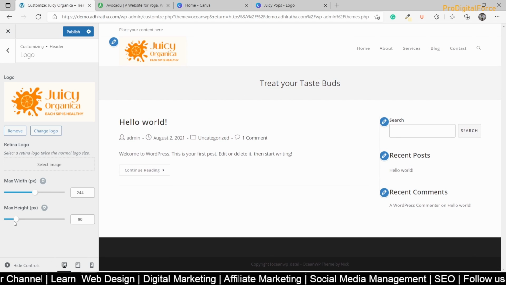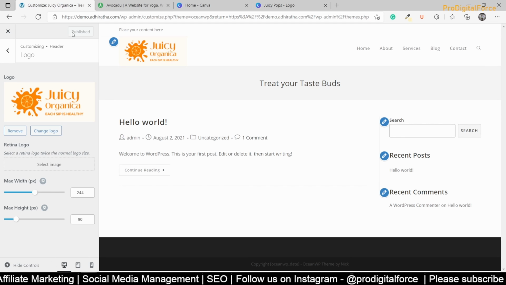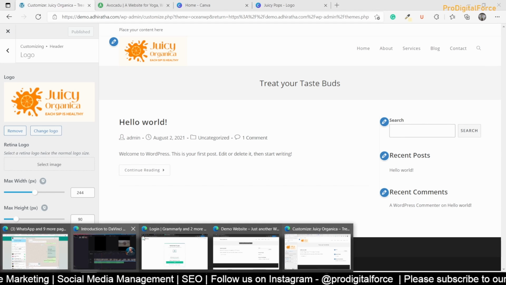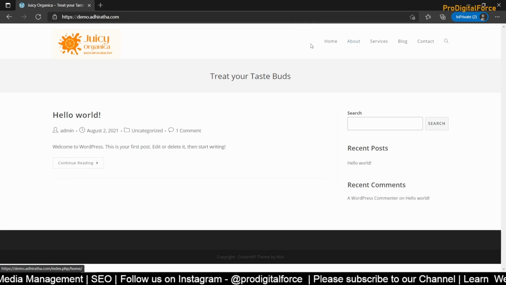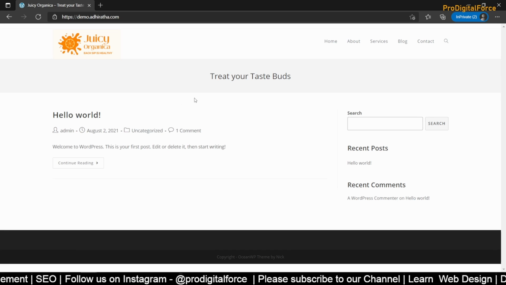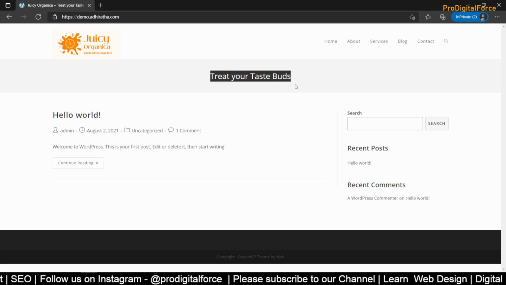See, a logo should always be clear. Clear in the sense of color options, and you have to take care of the visibility. What you want to convey or what your brand is about, everything has to be clear in this logo. Logo is done, publish. Now let us go and check your website. You have a logo on your left hand section, and on the right hand section you have your navigation menu. This much is clear.